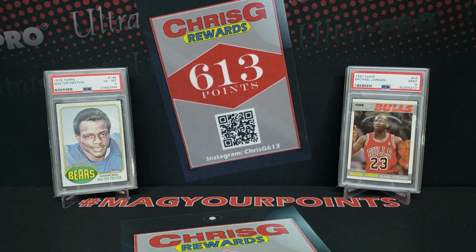It's going to be pretty much my PSA reveal. I dropped off 15 cards at the National. I purchased the Platinum membership. It gives you 15 free submissions for $249. It also gave me a bunch of extras. I got a pretty cool PSA book bag, and some other cool stuff was inside of there, so I couldn't